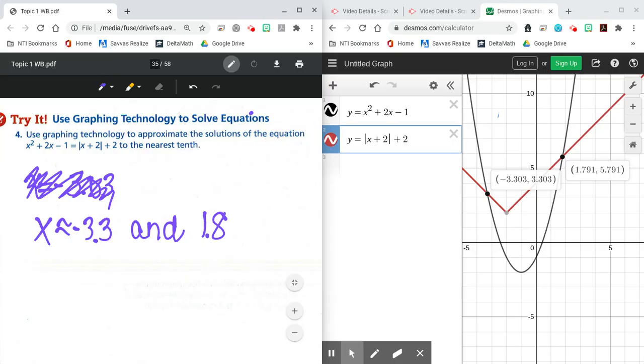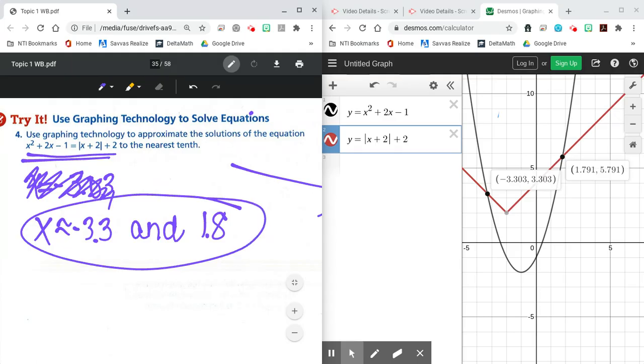Now look how cool it is. You just look at the equation, then you look at the graph, and then you write your answer. So it's really quick today. So that should be enough for you to be able to go on to Savvas and do your 1-5 assignment. Again, if you need